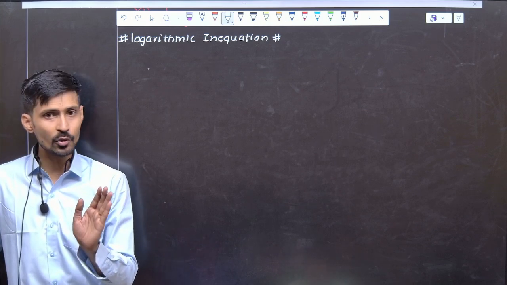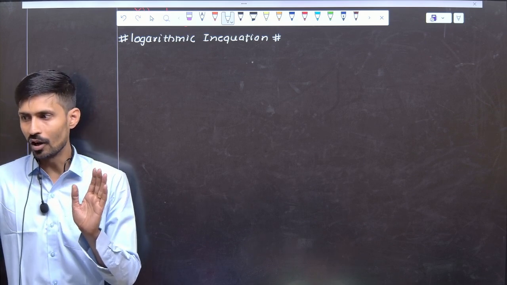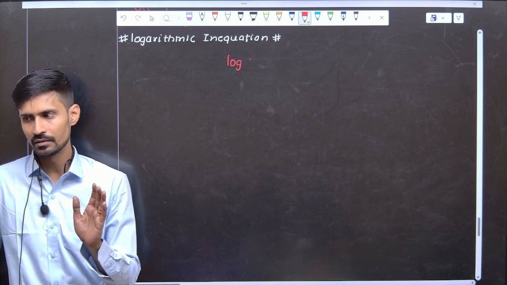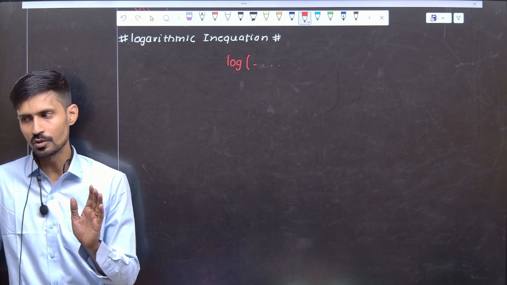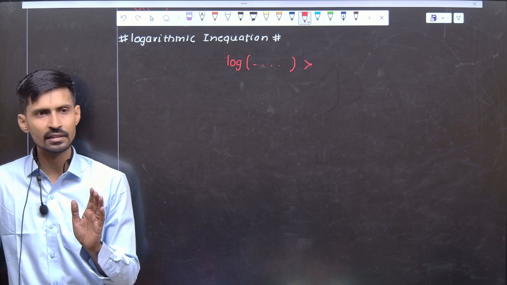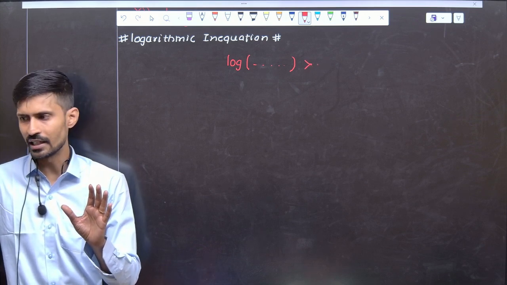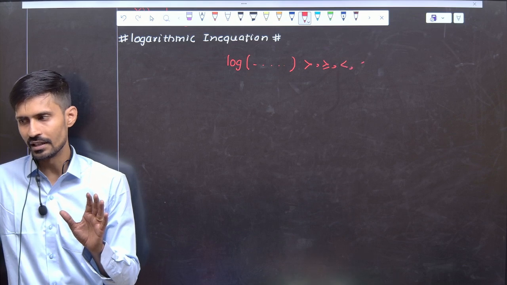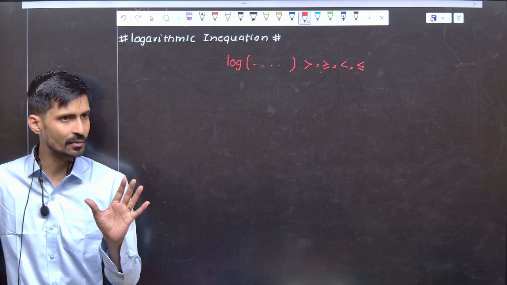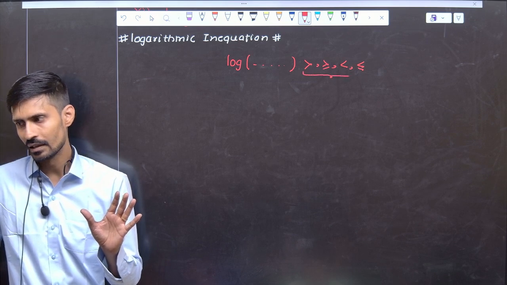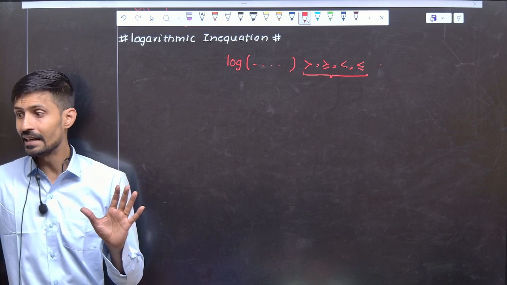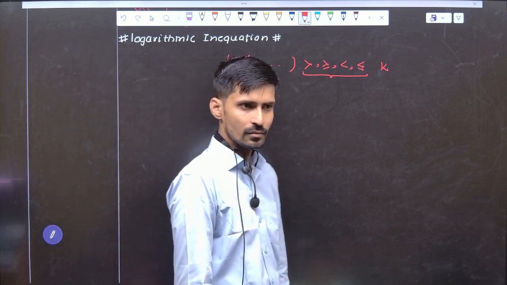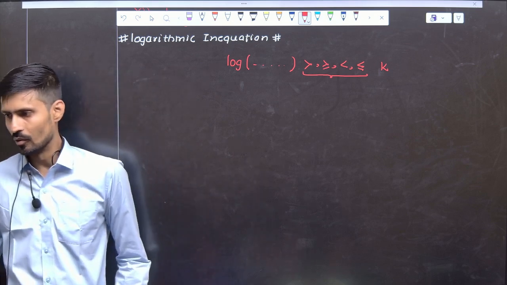Okay. So whenever you are solving a logarithmic equation, the first observation is that on one side a log should be there. One side log of something, and the other side the sign can be anything: greater than, also the sign can be less than, any sign can come. Any one sign will be present, and on that side one number k will be, okay. Like one question,